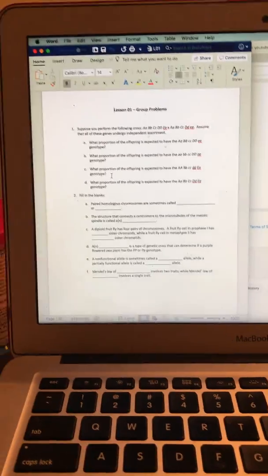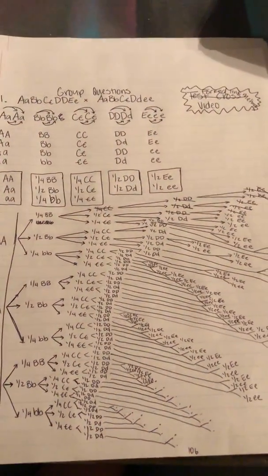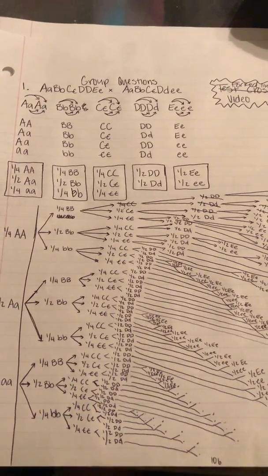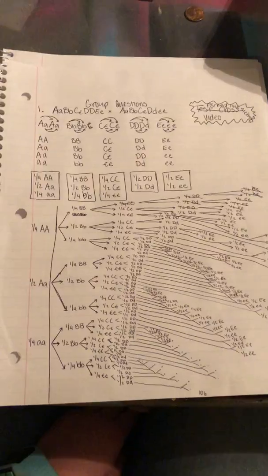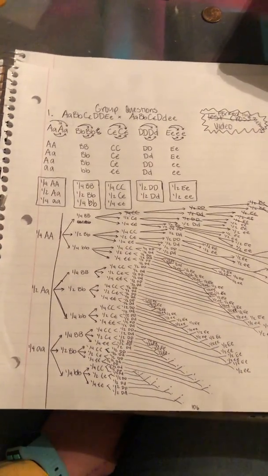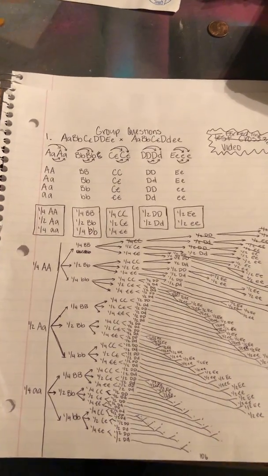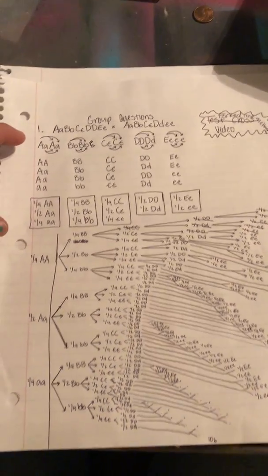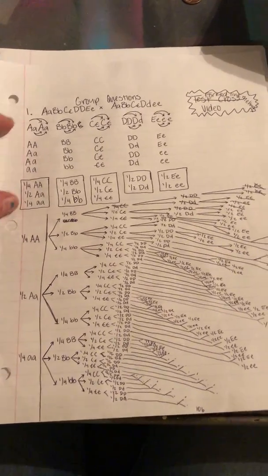So here we go. The first question: suppose you perform the following cross. Assume that all of these genes undergo independent assortment. For this first question, I kind of messed up. I just watched the forked line method video, and then I did all the work, and then